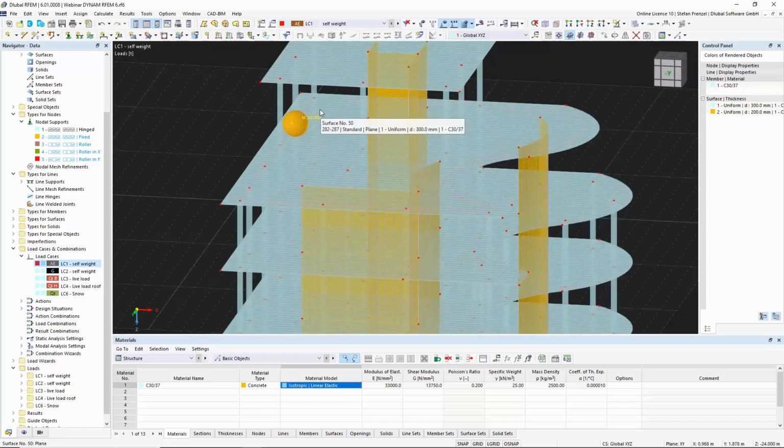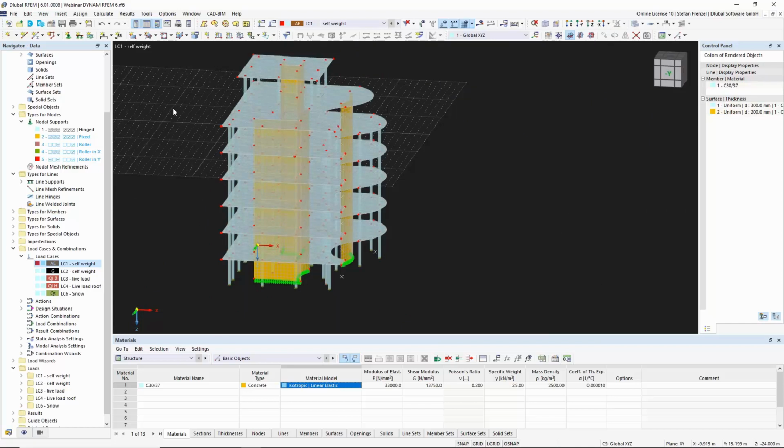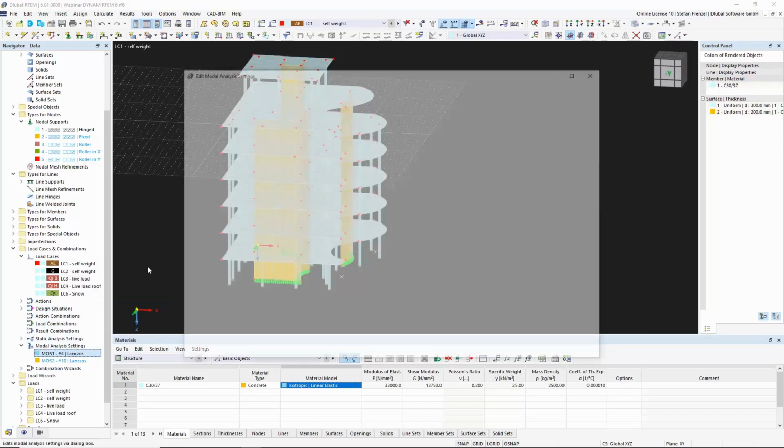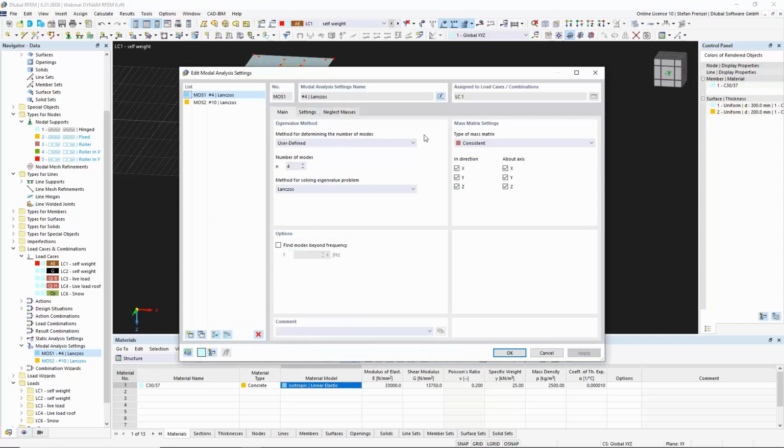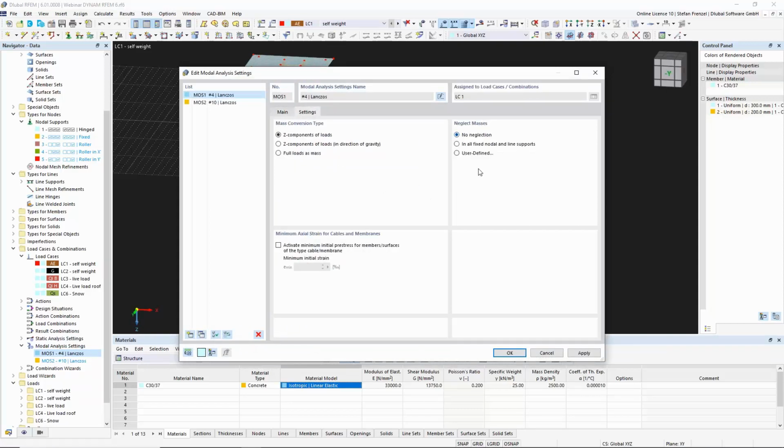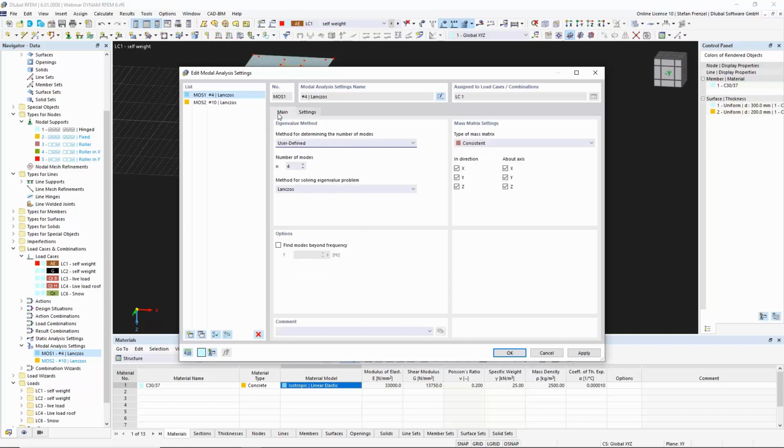So then I want to delete this load, because now I think we want to do a modal analysis, a real modal analysis for the whole structure, yeah, and therefore I will at first change my model analysis settings, because here we also have the neglecting of masses on, so we don't want to have this, and maybe here we want to calculate 12 eigenvalues, but with a diagonal matrix, which is completely enough for